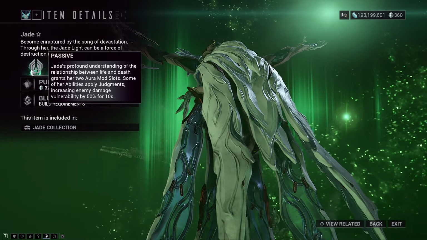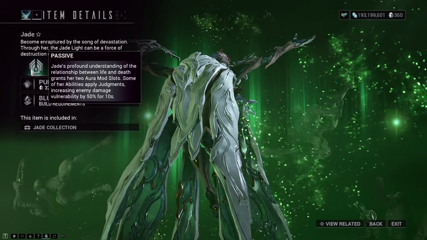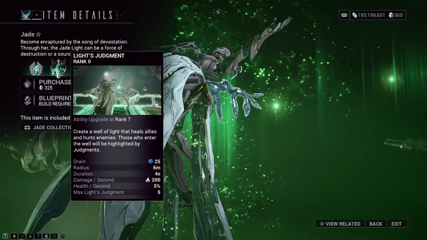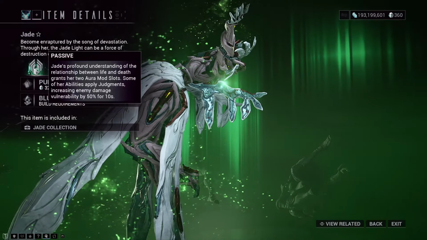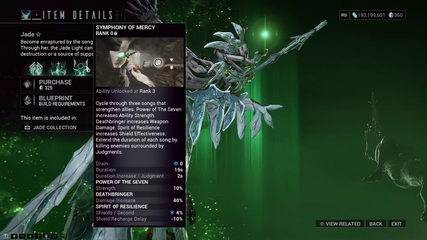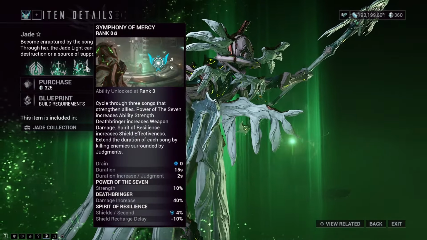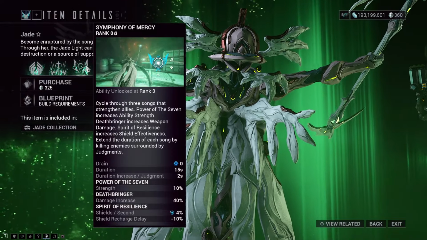But that's not just it. Some of her abilities apply Judgment, increasing enemy damage vulnerability by 50%. It's basically any enemy marked by Light's Judgment, even though it says it applies Judgments. That's her first ability. Really kind of marks them. Second ability, I want to go through these in more detail, but